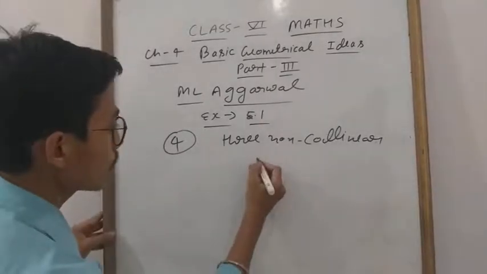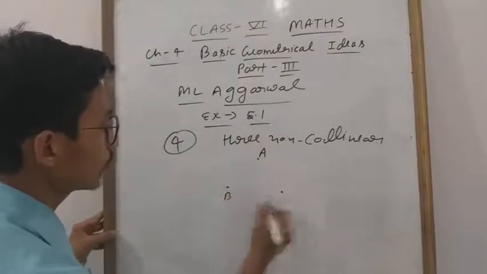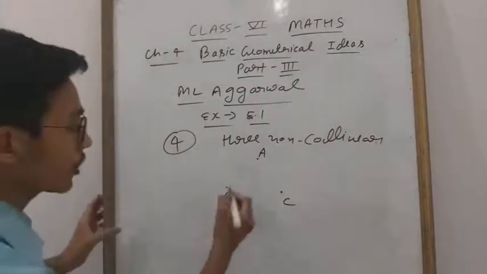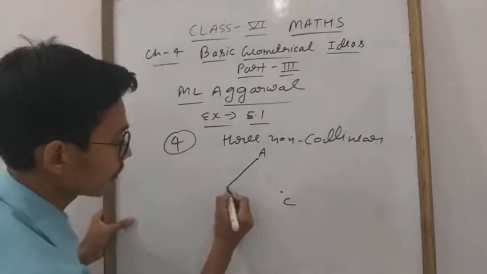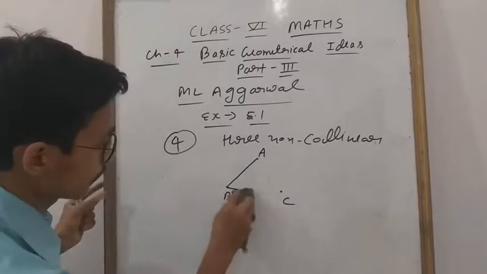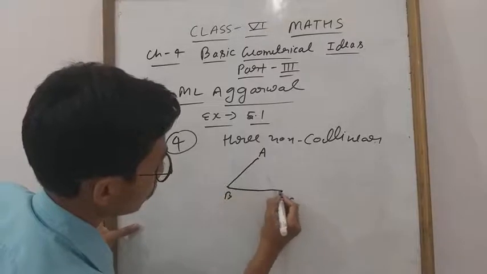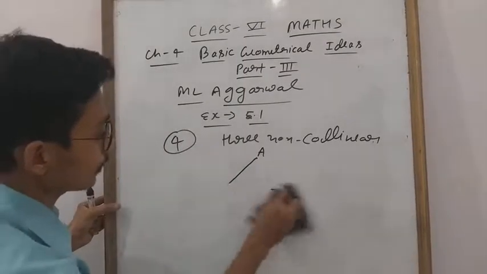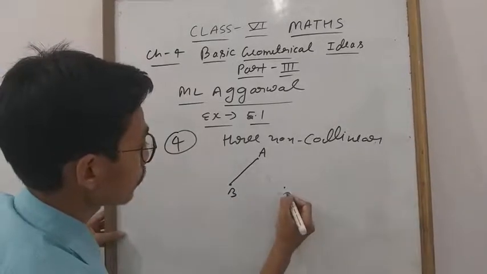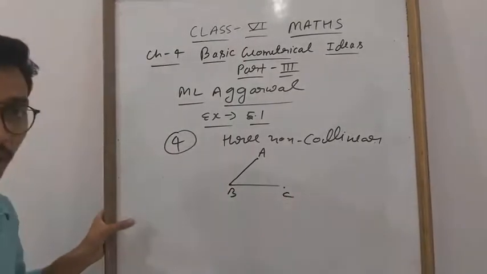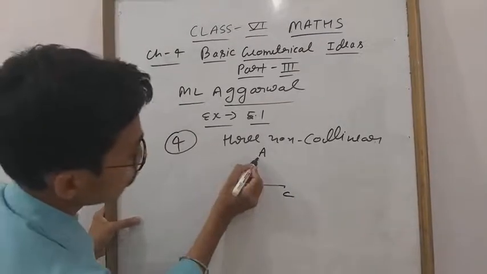So let us assume this is one point, this is the second point, this is our third point. This is A, this is B, this is C. Okay? So the first time I am going to take AB. So AB I will draw. Second time I will take BC because I can select only 2. So second I will take BC. Oh, this is not going straight. One minute. This is AB. This is point C. This is BC. Okay student, third I can take what? AC. Third I am going to take AC.